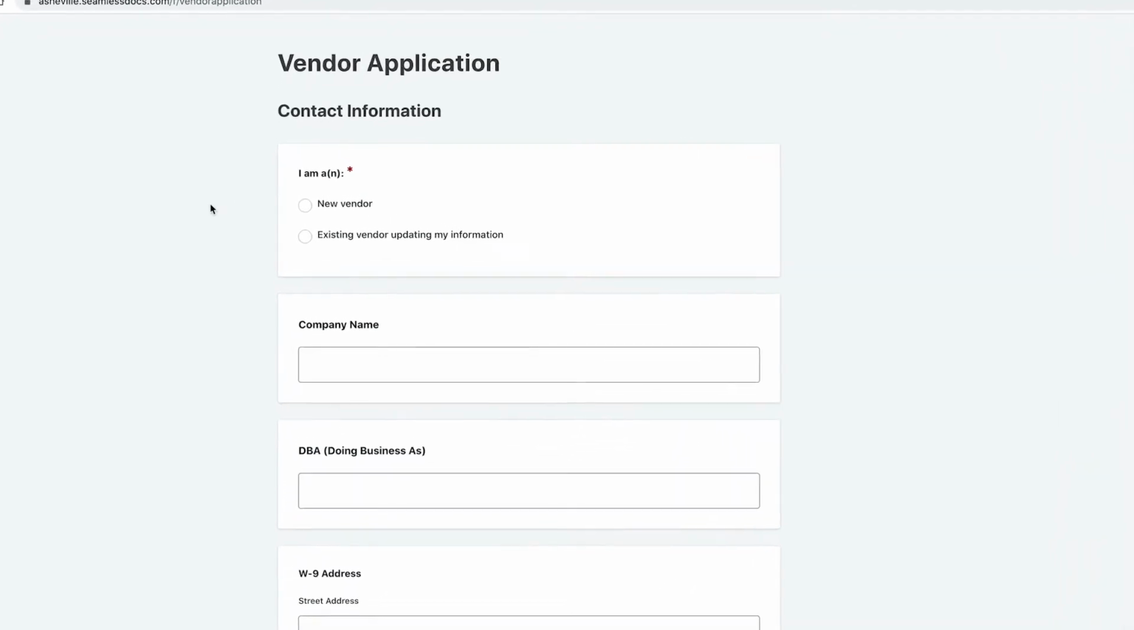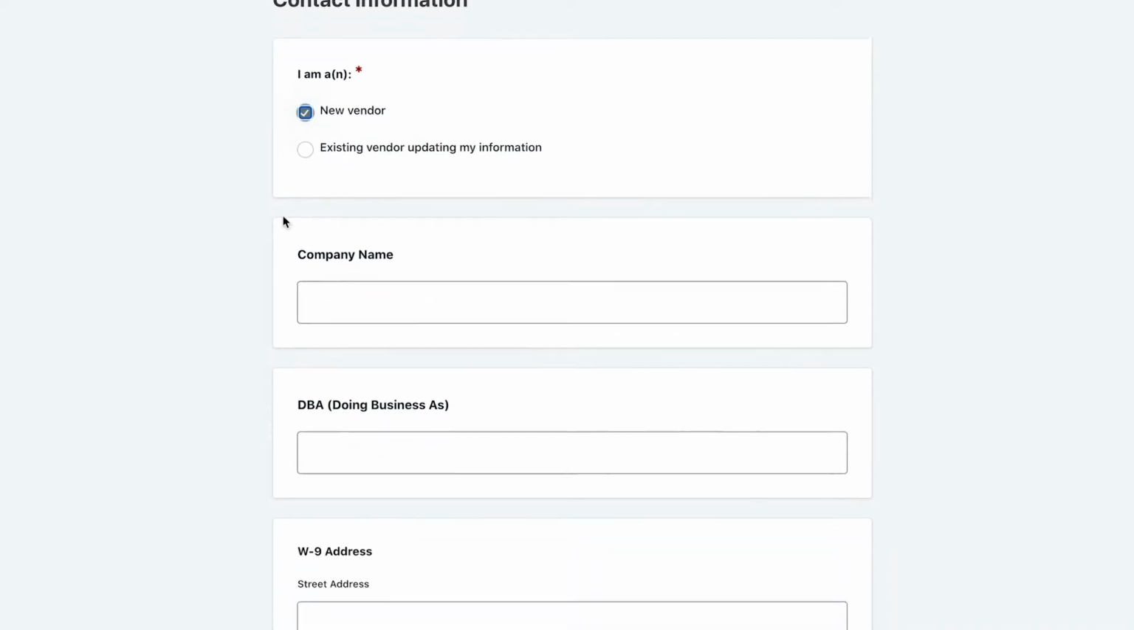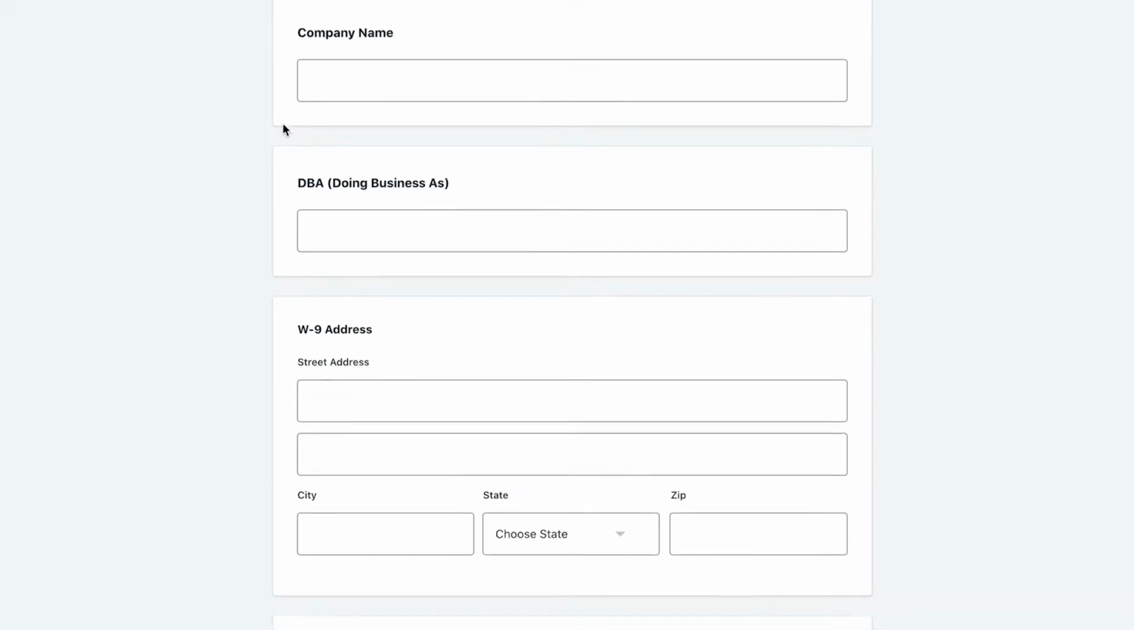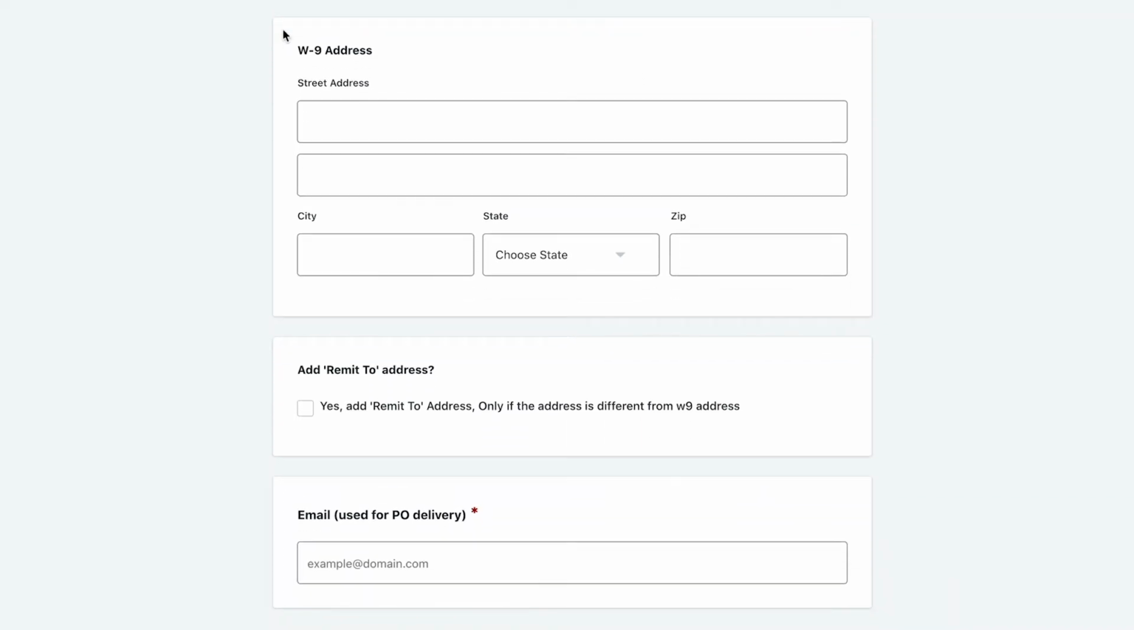Okay, since if you're watching this video, you haven't registered as a vendor with the city before, you're going to click the circle next to New Vendor. Okay, you can enter your company name here. If you're doing business under a different name than your company name, you can enter that in the DBA or Doing Business As space. Now you'll want to put your address the same as it appears on your W-9 form